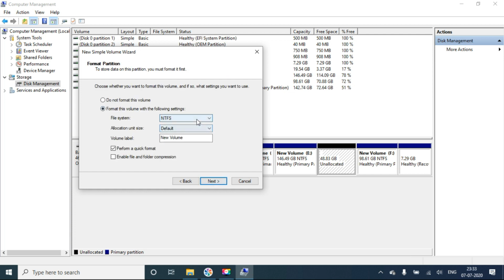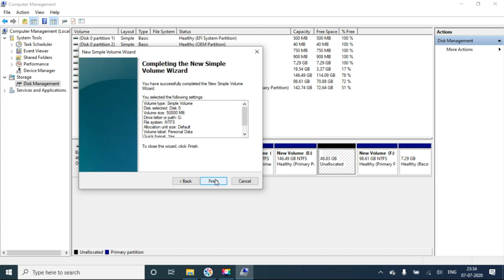Next, and it will ask for the file format, what type of file format you want to maintain. I am giving NTFS. You can give a name for that particular partition. I am giving the name Personal Data, and if you want to format the drive, you can click this option.